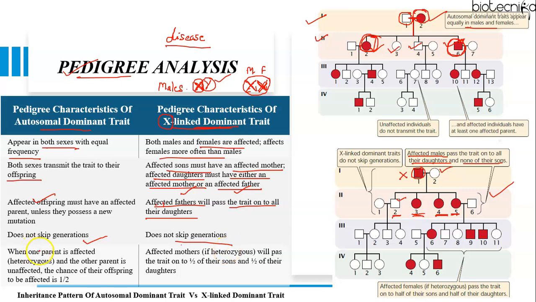Now, for an autosomal dominant trait, when one parent is affected, that is heterozygous, and the other parent is unaffected, the chance of their offspring being affected is half. Let's say A is the affected allele. If one parent is affected and heterozygous, this is the genotype of the parent, and the other parent is unaffected. Since it's an autosomal dominant trait, if a parent is unaffected, it must have the recessive allele in the homozygous condition. If a cross occurs between these two individuals,